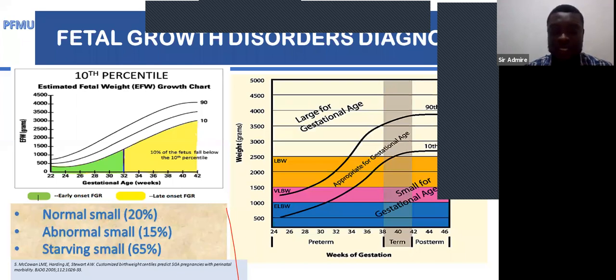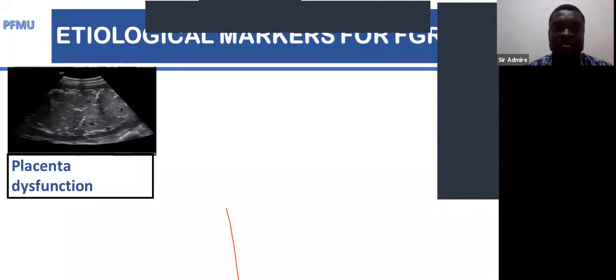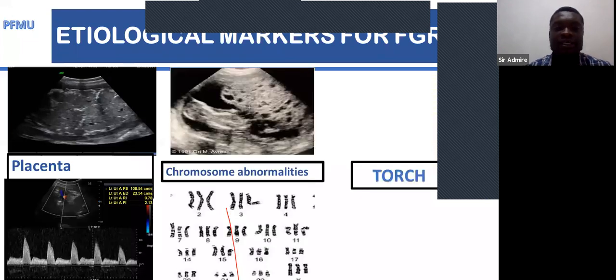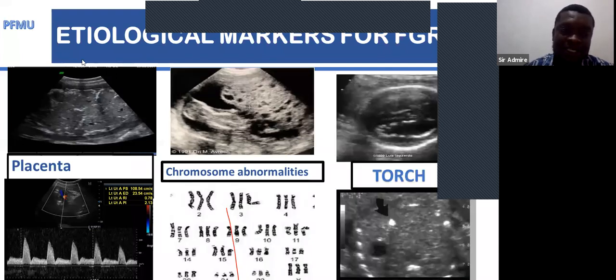So I was talking about some of the sonographic markers. Remember I talked about the 80%. When you're talking about placental insufficiency, which we said is 65%, you see a grade 3 placenta. You can see that it's now having calcifications, which means in terms of function, it's deteriorating in terms of its function of